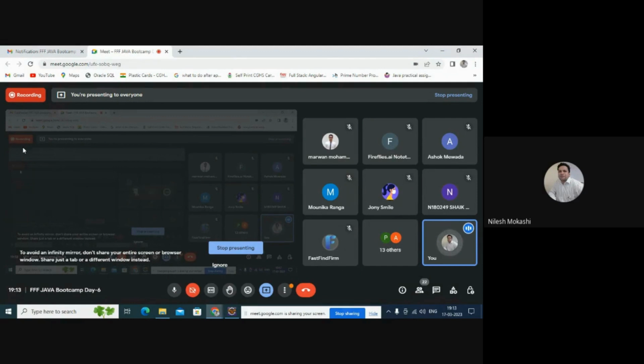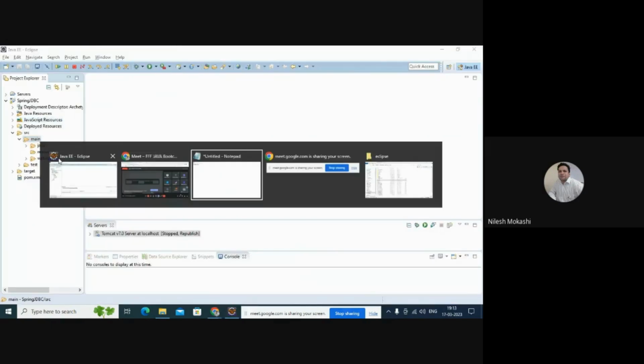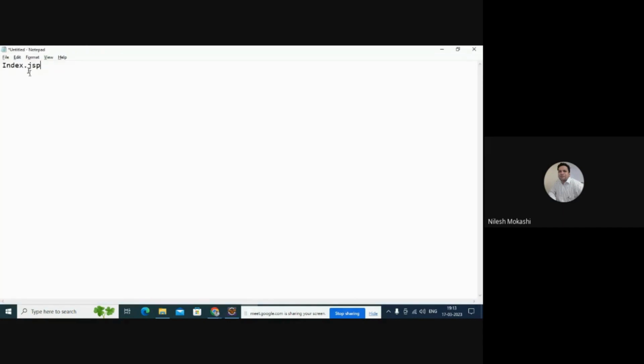So the first page which you see on the project is index.jsp. In index.jsp, we have add employee and we have view employee. These are the two hyperlinks which we saw in the index page. Correct. Now, if you click on add employee, what happens is,